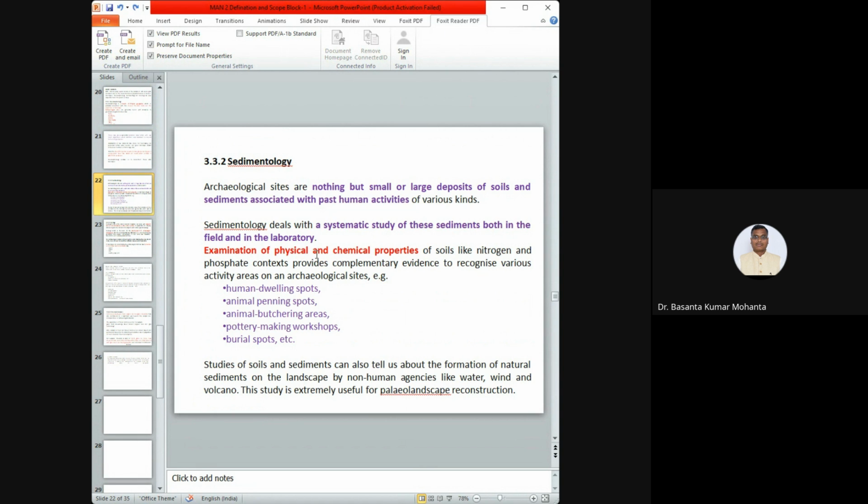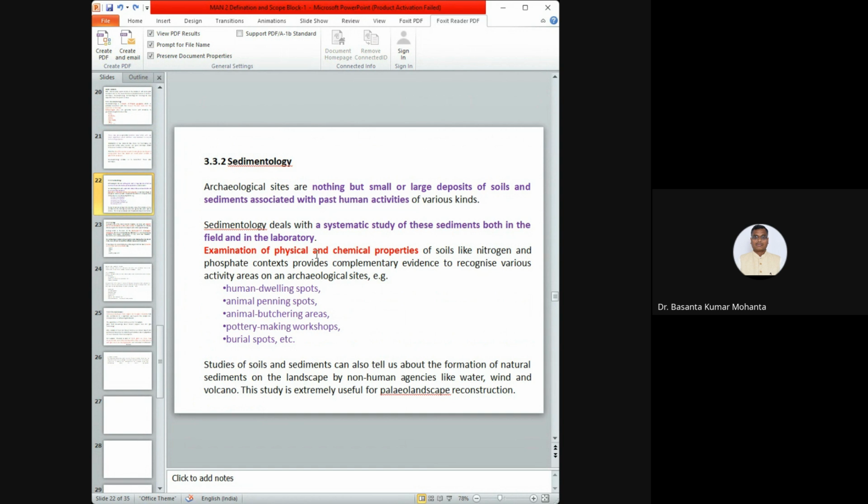Take an example: the examination of physical and chemical properties of sediments or soils, like nitrogen and phosphate content, will provide complementary evidence to recognize various activities